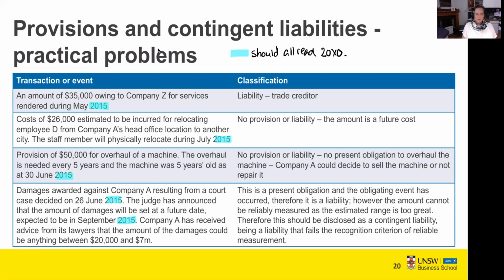Okay, so that brings us to the end of the first topic within our week 2 materials. There are some more examples of other transactions like this that you will consider when you look at your homework, and a lot more practical calculations that we're going to go through when we actually go through the homework questions in class next week. The next video is going to talk about employee benefits, which is the second topic within our week 2 materials.